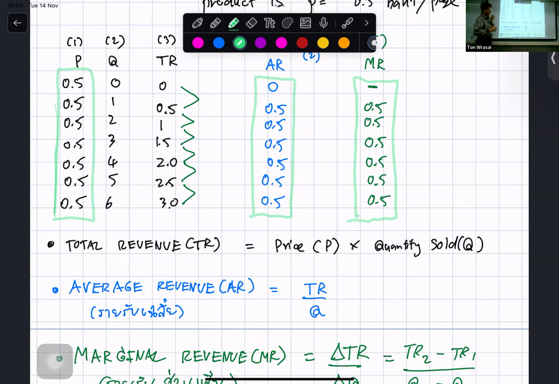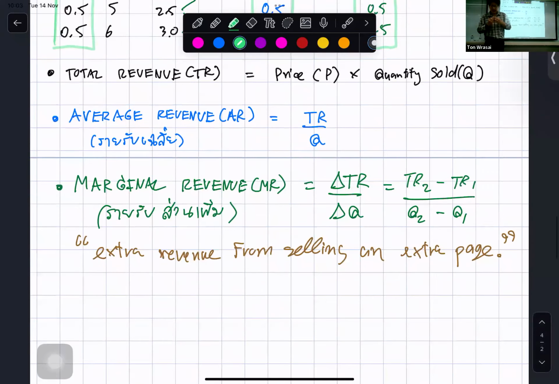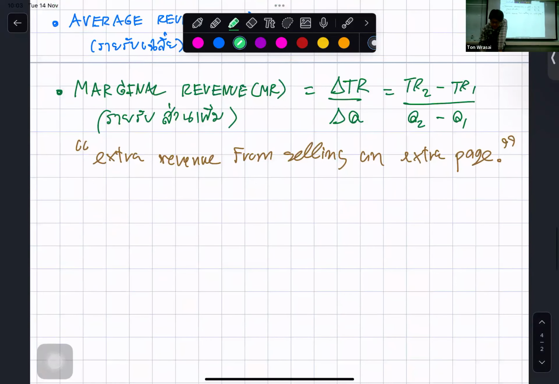Price, AR, MR, they are all the same, equal to 0.5. Let's put this observation in first. Price,